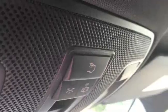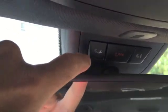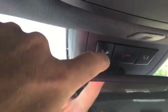This has got pan and tilt on the sunroof. You also have at the front here your SOS button. If you have a mechanical breakdown, you can push this one on the left. In the event of any kind of accident, the airbags go off, etc., they will call you in the car,